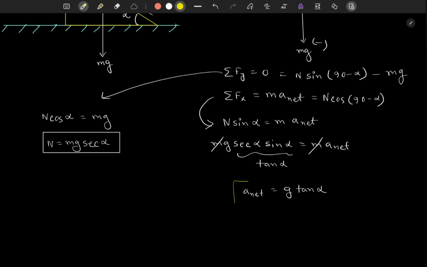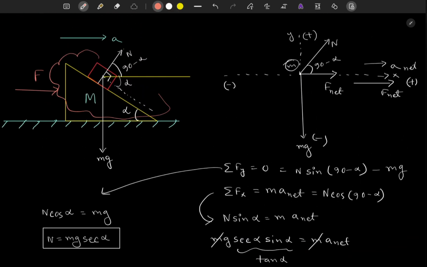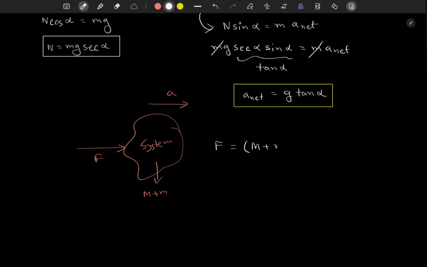We have already found a portion of our answer. Now what we can really do is consider this whole thing a system. The force F is acting on this system, and the total mass of the system is small m plus big M. The direction of acceleration is in the direction of force, and the magnitude is a. So what we can really say here is F is equal to (m plus M)